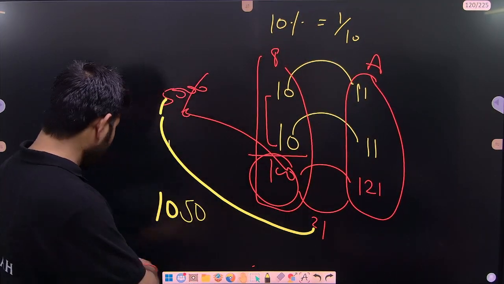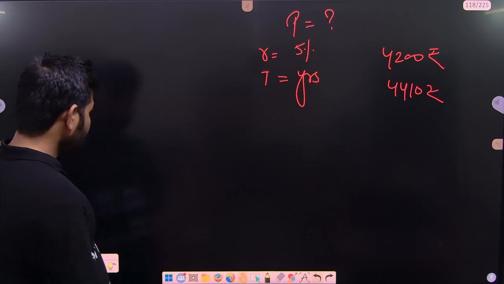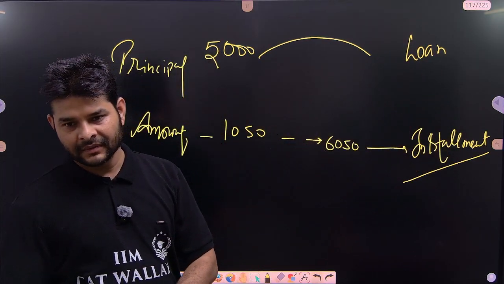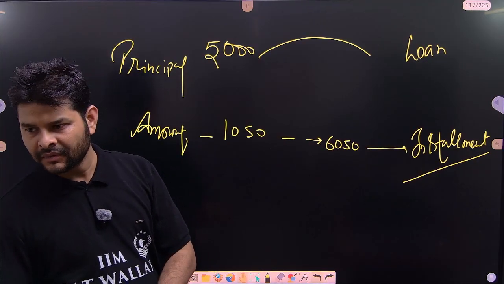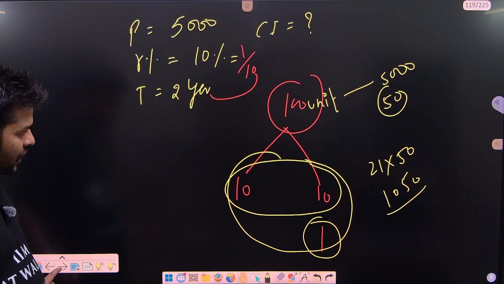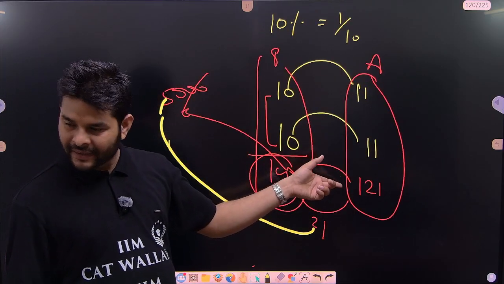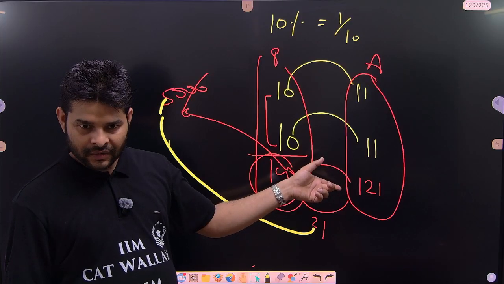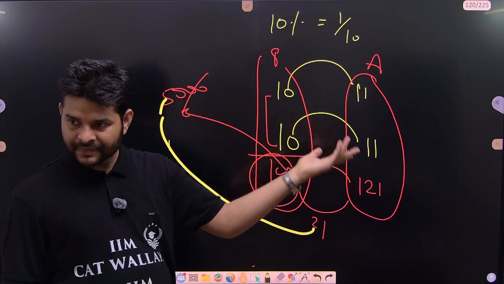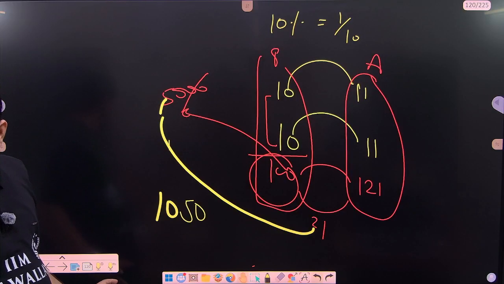Over here we have learned that amount is called installment. If amount is called installment, that means in the case of installment, this method can be plugged in. Installment is equal to amount. So this method can be plugged in for installment type questions. So now we are going to plug in that method. Getting or not?